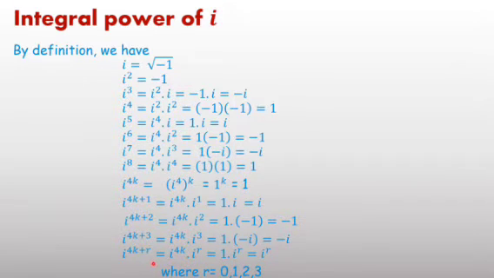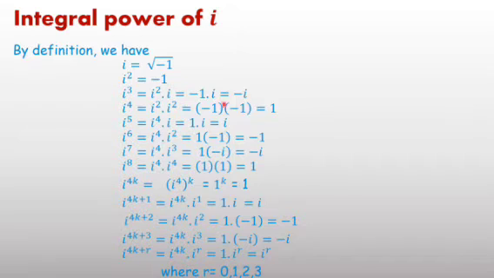If I ask what is the value of i^10, you can calculate it orally. i^10: divide 10 by 4, 4 times 2 is 8, the remainder is 2. So i^10 is the same as i squared, and the value of i squared is minus 1. i^15: use the table of 4, 4 times 3 is 12 plus 3. The remainder is 3. i^15 means i^(4 into 3 plus 3), and remainder 3 means i^3, which is minus i.